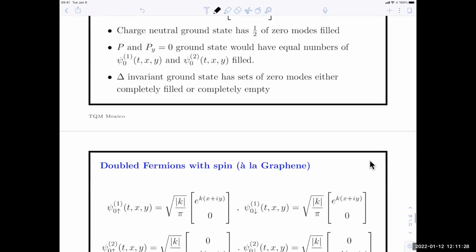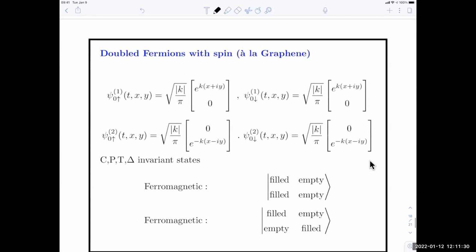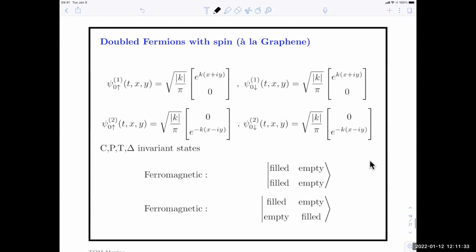Okay, so that I've talked about here on this page, say. So here I've taken spin up, which is the right-hand column, the two valleys on the right, spin down, the two valleys on the left, and just repeated the argument that either this and this should both be completely filled, these completely empty to get charge neutrality, or vice versa, and those both give a big spin polarization.